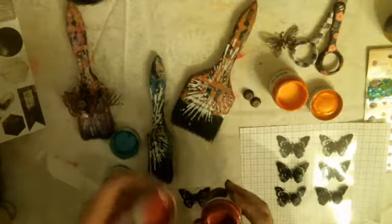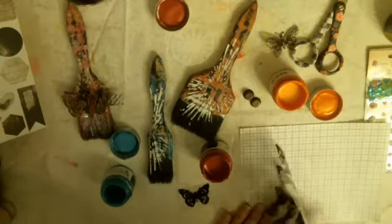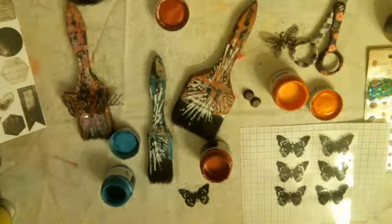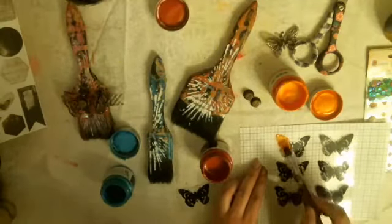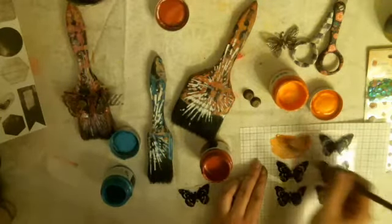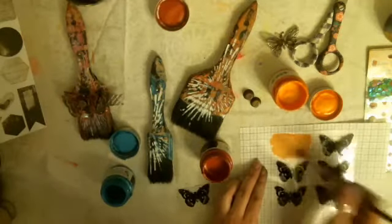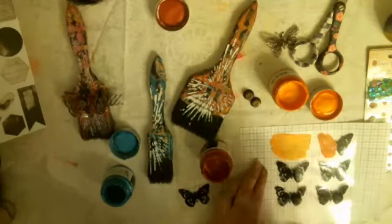Let me just open the jars first. Here we go. And when I'm painting the back side, I stamp the butterfly on the other side and I'm painting the other side with the paint. Of course, you could do the opposite, like painting on top and then flip it around. But to me, this feels more natural because then the stamped image is a bit textured anyway. So the end result isn't just clean, but there's something on top of the